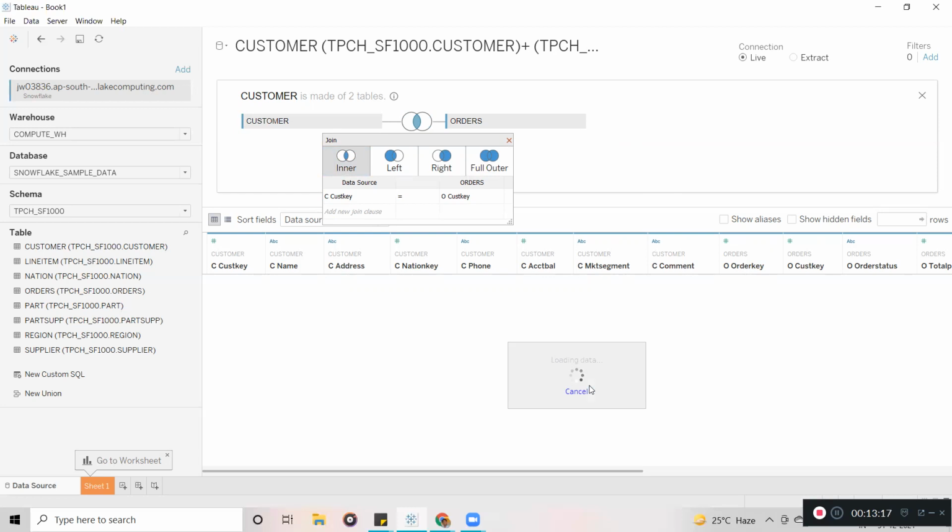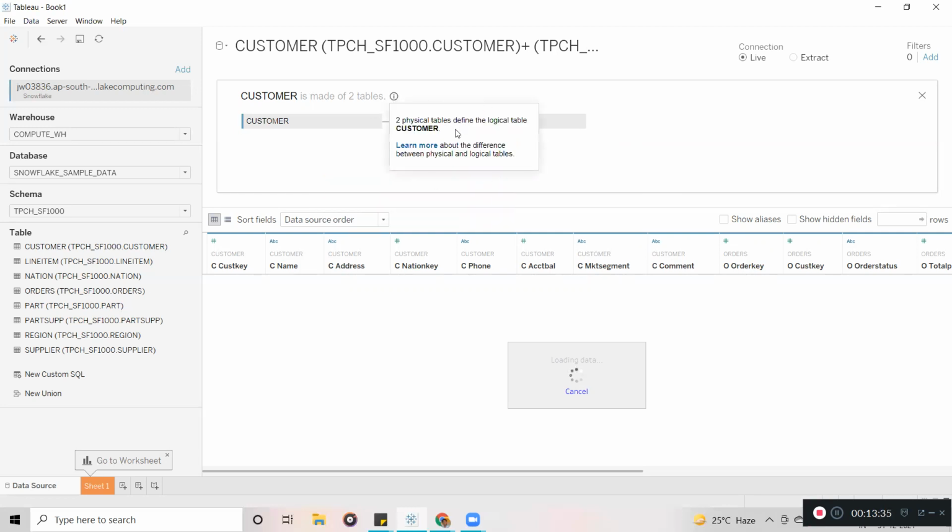Now here in the logical layer, what we have learned is that the data is going to be stored in 2 different individual tables. One is customer and one is orders. In this case, in the physical layer, whenever you mention the join type, now you can say the data is going to be stored in a single table.